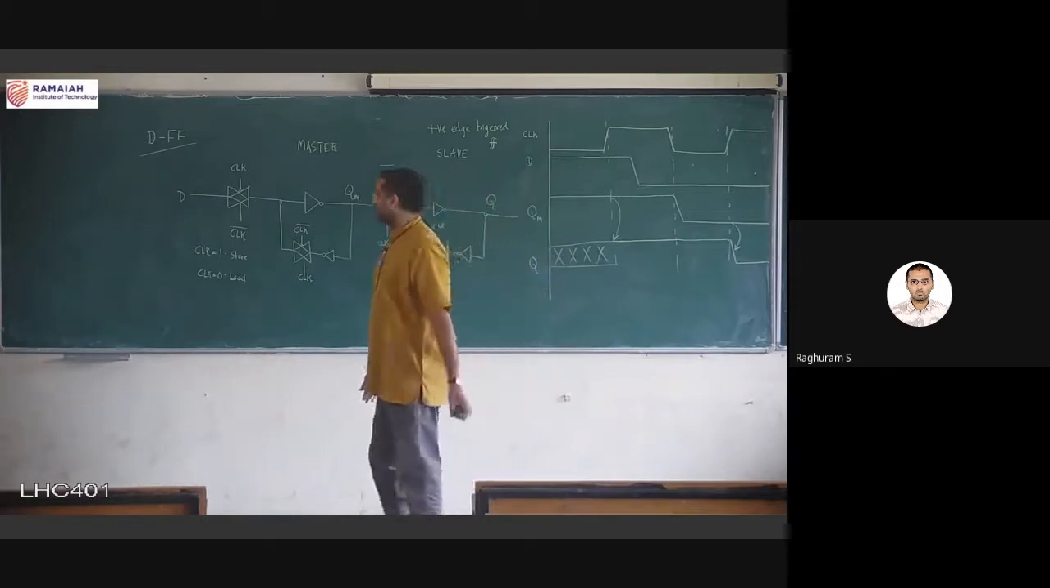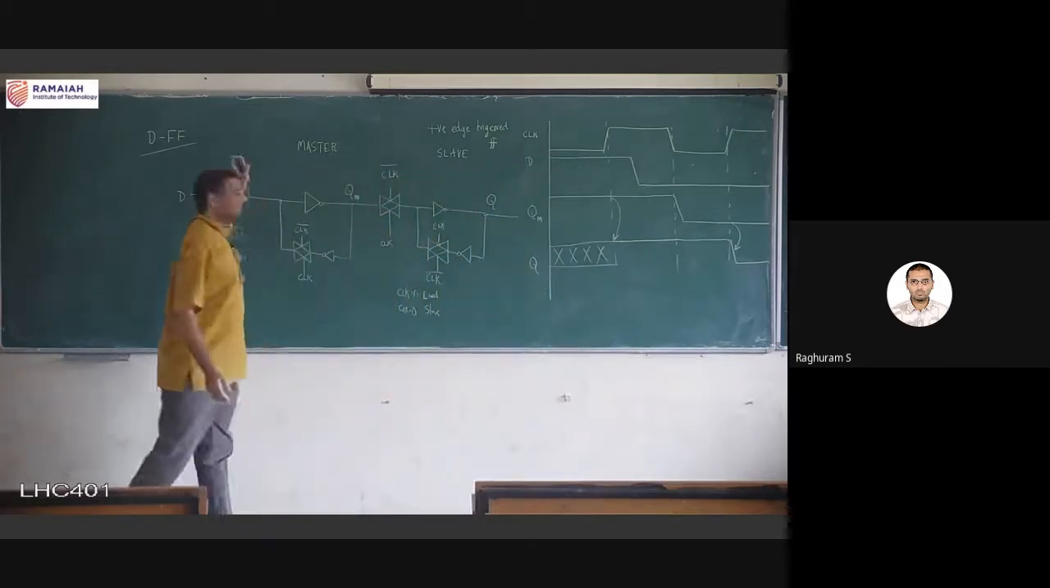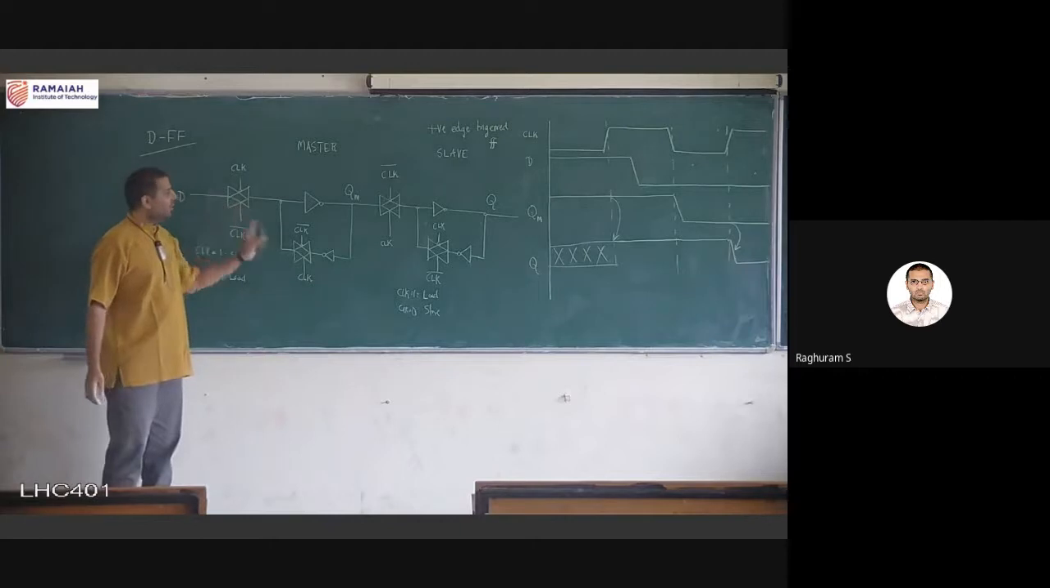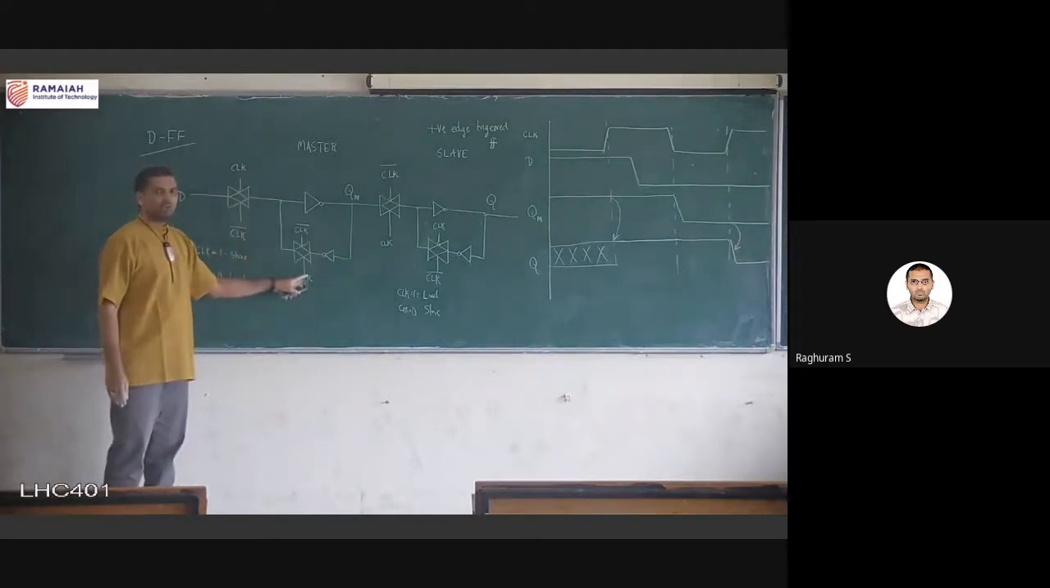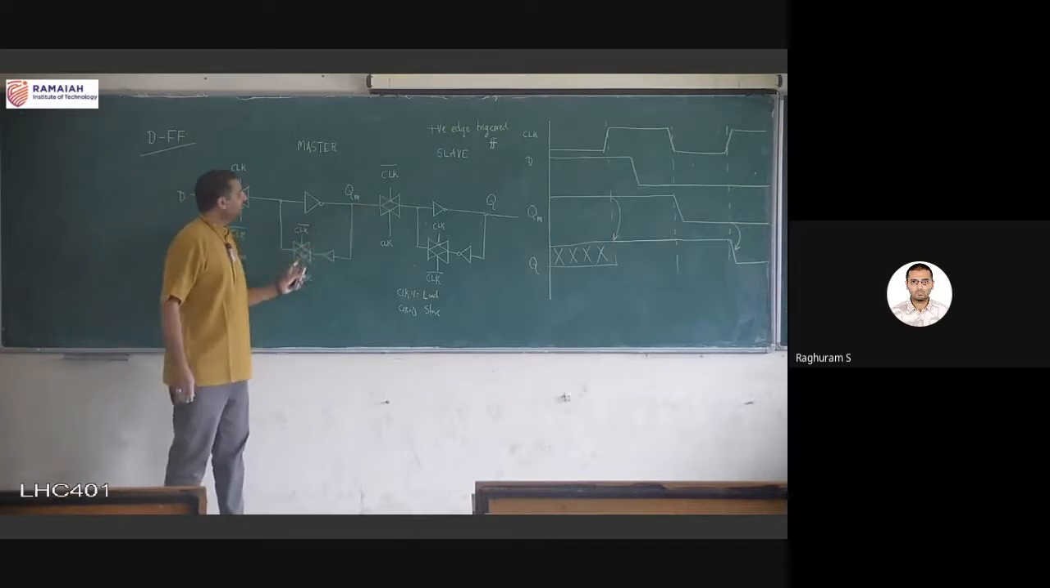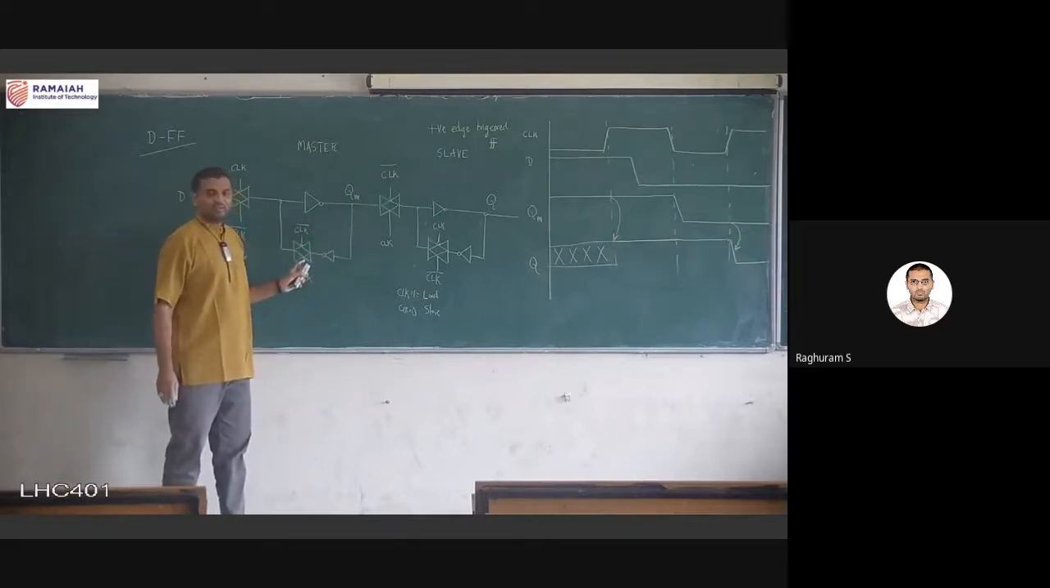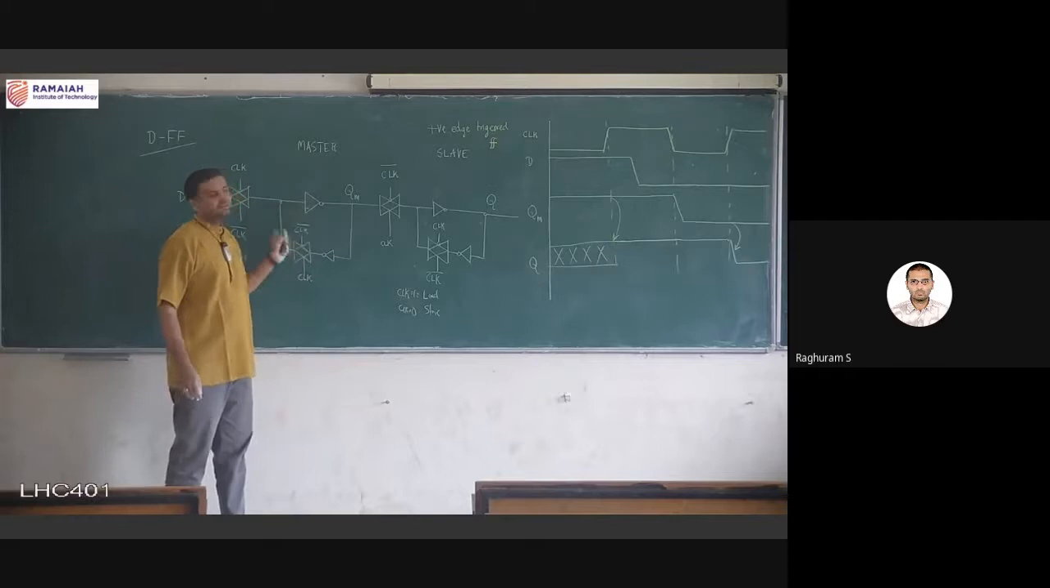So next question logically is negative edge triggered. What do you do? Start from the first transmission gate, all the transmission gates opposite. Make this opposite, this will change, and this has to be matching. You might have realized by now, when this latch is in